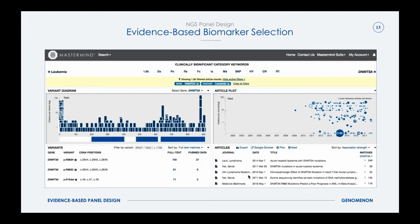And then on the left is a summary of the variant landscape for each of these genes on this terminal page of Mastermind, where you can see along the linear axis of the protein how the mutations have piled up in different functional domains or hotspots of this protein as they're mutated and associated with a particular disease. I'll point out that the height of those bars for each of the variants is on a log scale, so